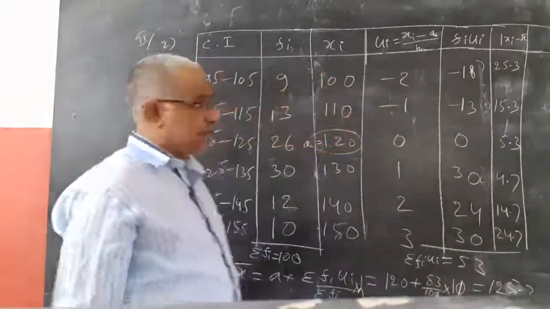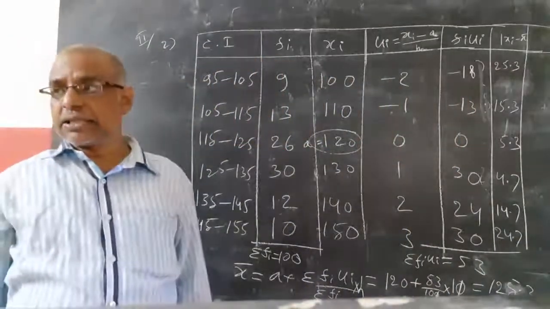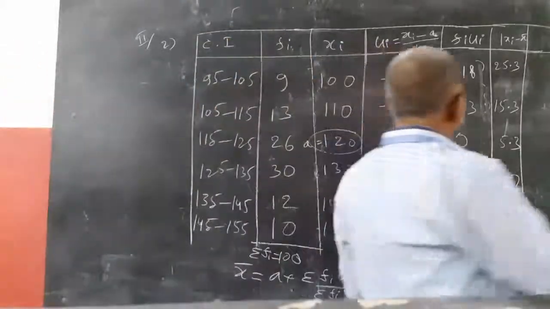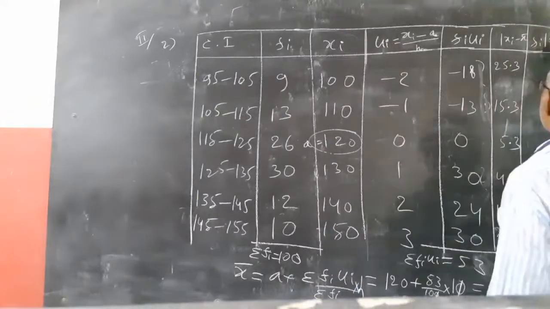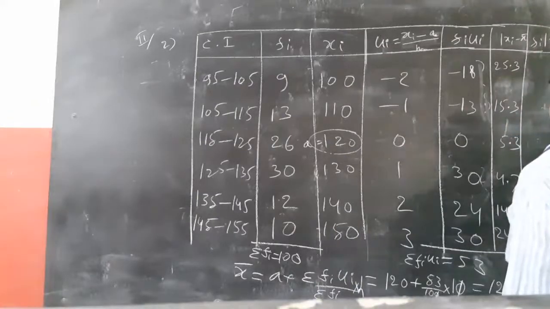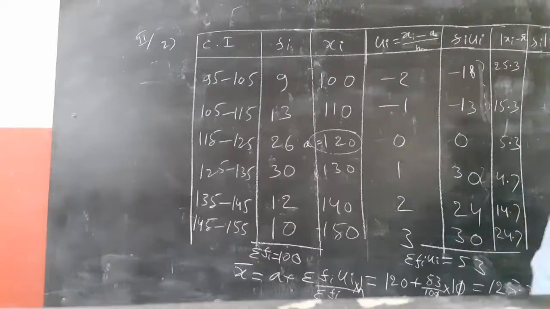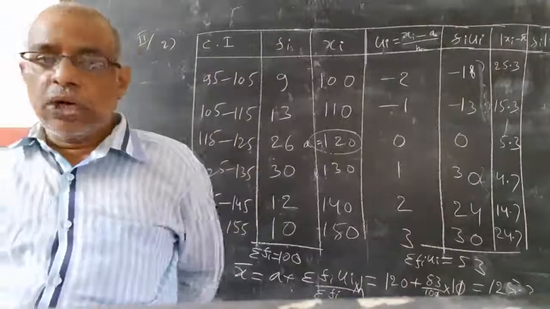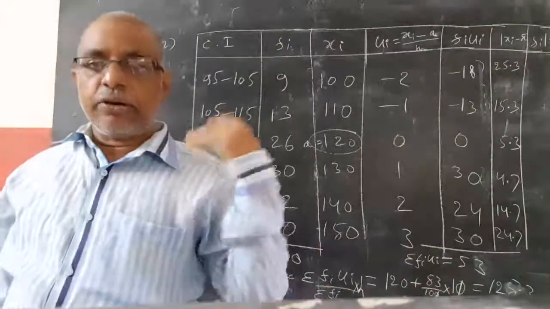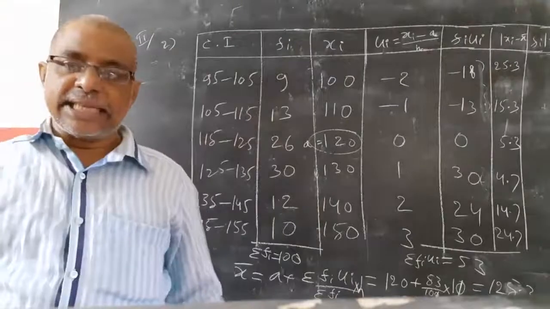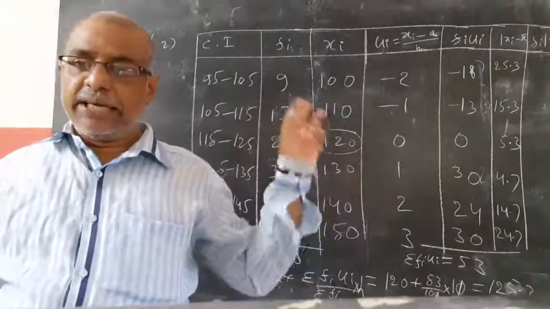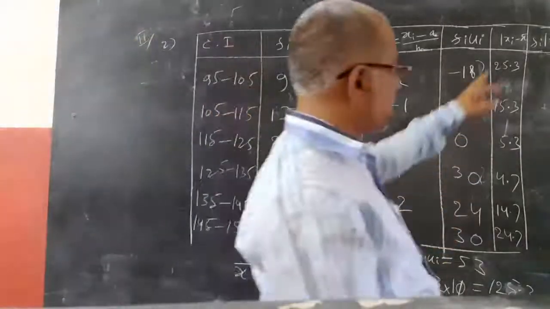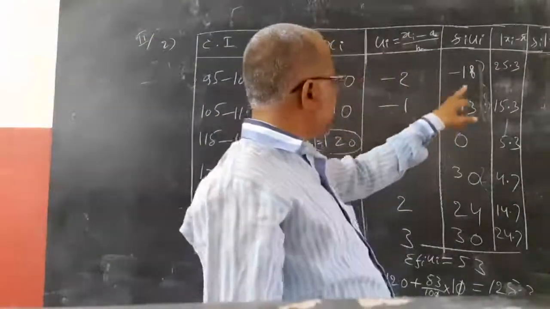So this is modulus of xi minus x bar, where x bar means mean. Now I need Fi into modulus of xi minus x bar. To find the mean deviation, I need Fi. The deviation procedure is the same. The only problem is finding the mean, which we have different methods for. But deviation is always sigma Fi into modulus of xi minus x bar by sigma Fi. That doesn't change. So I am finding modulus of xi minus x bar, then multiplying with Fi.